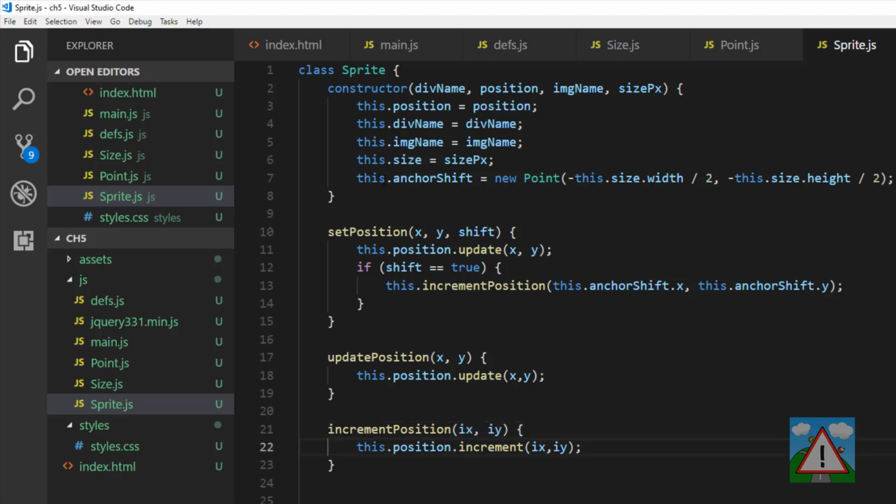So as a quick recap then, we take in the div name, the position, the image name and the size. We set some properties of our class here, and then we set this anchor shift so we know what to shift in the X and Y directions to get X and Y coordinates to be in the middle of our sprite. Then we've got three functions. That one sets the position, where we say whether we do want to shift the sprite according to what's been set. We update our position, which is just done according to an X and a Y, and we increment our position as well. So if I say I want to move +4 in the X and +1 in the Y,